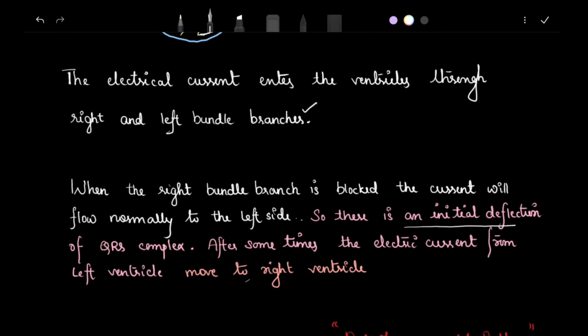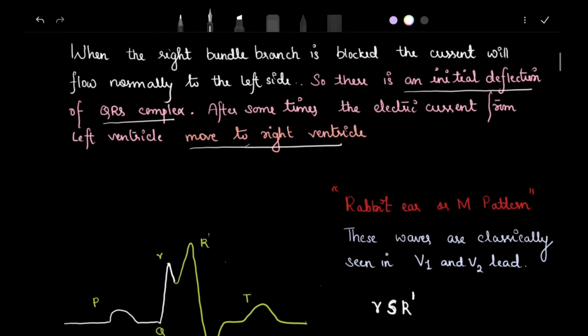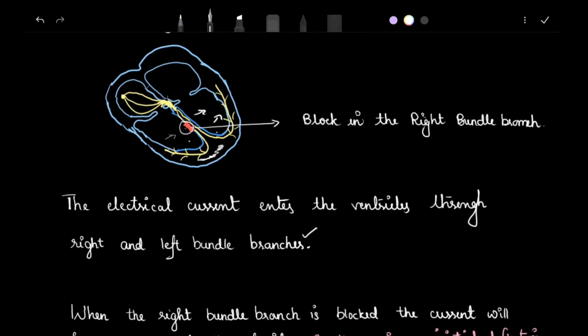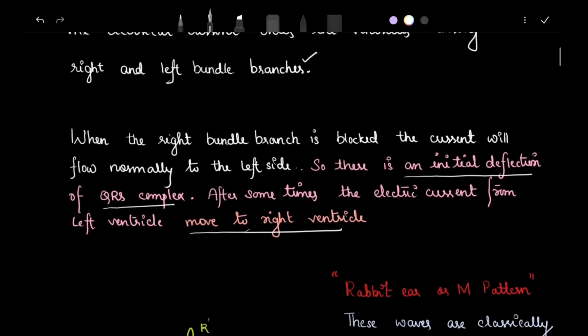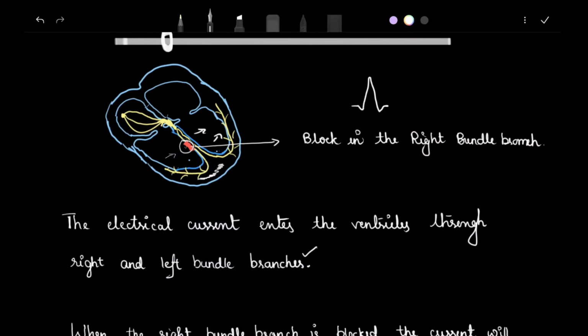There is an initial deflection of the QRS complex. After some time, the electrical current from the left ventricle moves to the right ventricle. Normally, the current moves equally, but here the right side is blocked. Normally the deflection is P, Q, R, S, T. The QRS complex means the depolarization of both ventricles simultaneously. But if the ventricles are not electrically stimulated simultaneously, the first deflection is the left ventricular depolarization. Then from the left ventricle, the right ventricle gets depolarized,